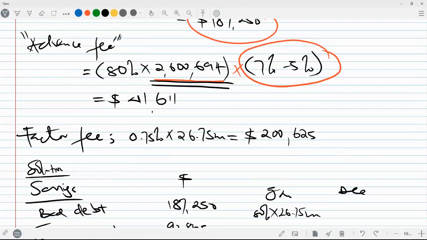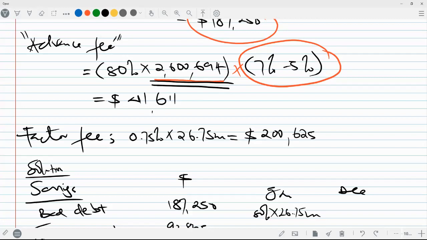Okay, so another question? Suppose in an exam situation, what is the other word that we can use for advance fee? If you put advance fee like that, it's fine. You can call it advance fee. What else can you call it? You can call it the incremental cost on the amount advanced. Yeah, you can call it that way.